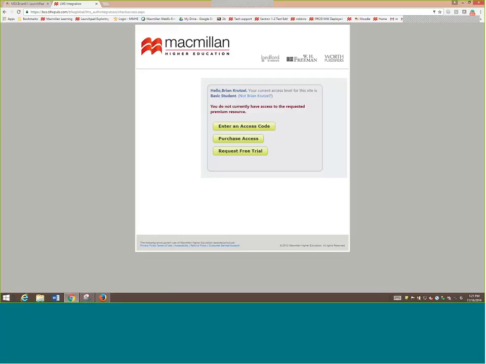And now I'm being prompted to either enter an access code that comes packaged with a textbook, purchase access if I'd like to go completely paperless, or do the free trial access. This is a really nice feature because this offers full access to the LaunchPad site for 21 days. This is great because if students are waiting on financial aid or if they're waiting to get paid and they just don't have money to buy their materials, they can still access all of the content that's available for the course,